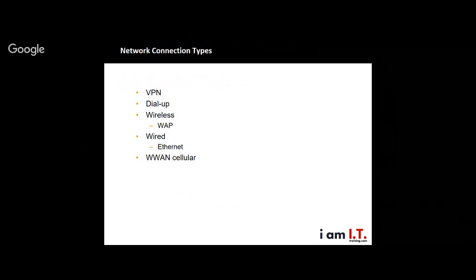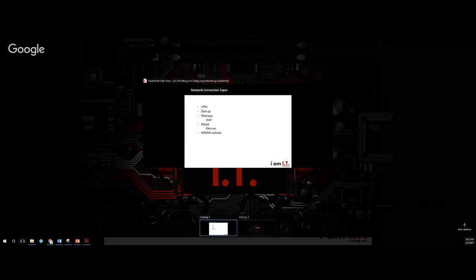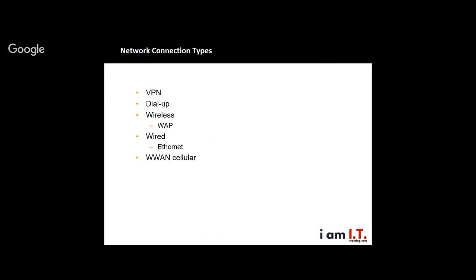There are different types of network connections themselves. And we're literally just talking about how you are actually getting on the network. So this is going to be different connections. VPN stands for, I'll give you a second, virtual private network, right? So this is when we're connecting virtually, and we usually use this when we're remoting in. We can use a dial-up connection. We can go wireless through an access point or wired via Ethernet cords. And of course, we can jump onto a cellular connection as well. So now that we have the overall, we can take a look at